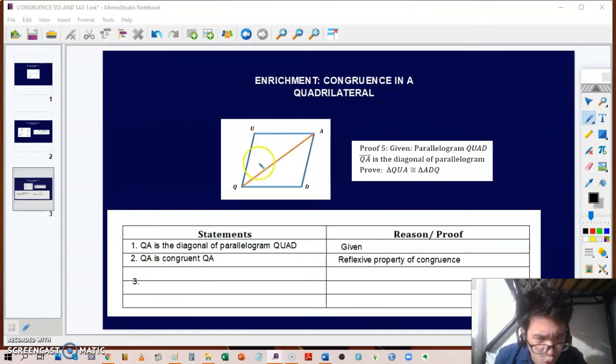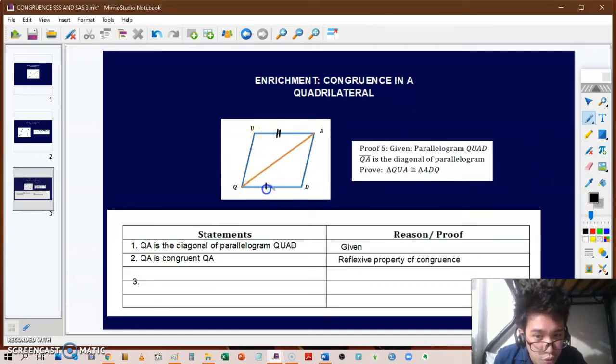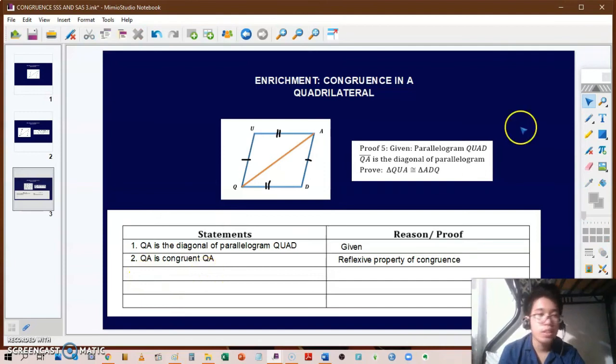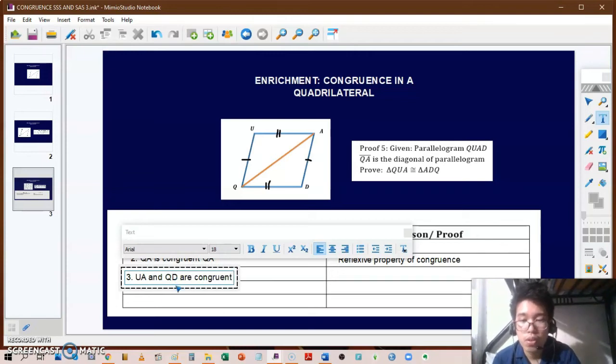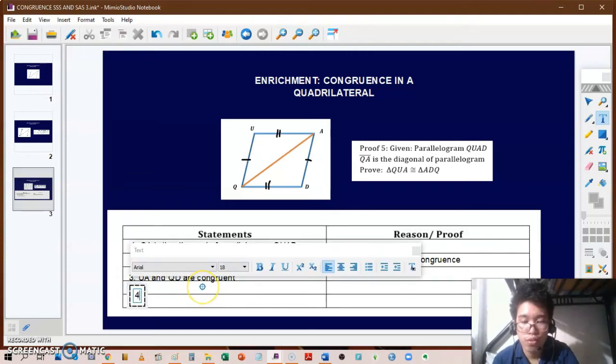We're also going to prove that property in our future lessons, but for now let's take advantage of it. UA and QD are congruent, and QU and AD are congruent. So number 3: UA and QD are congruent. And number 4: